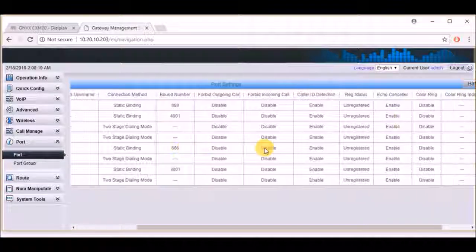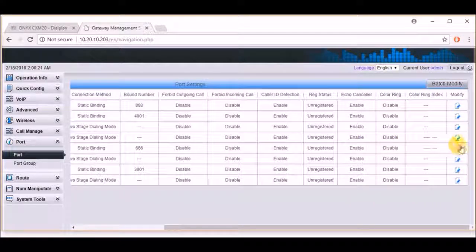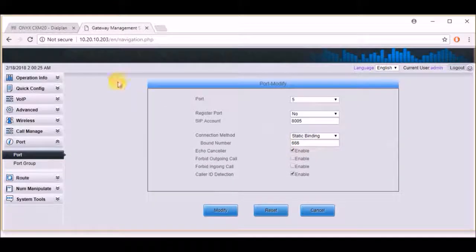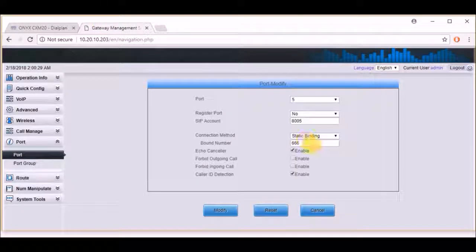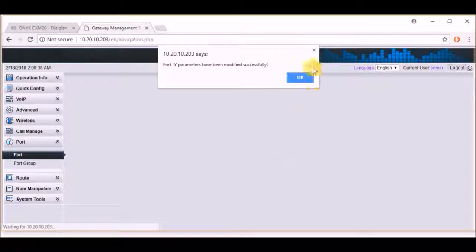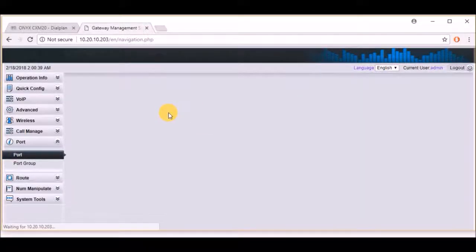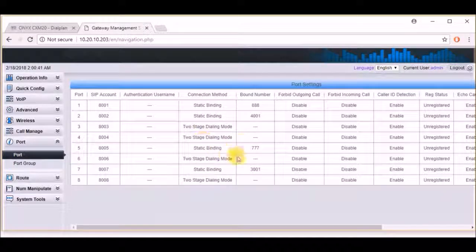So we have to change it and make it the IVR number. So your IVR number is 777. So make it 777 over here. So all calls will be routed to the 777 number, which is the IVR. Click on modify and OK. As you can see, it is configured.